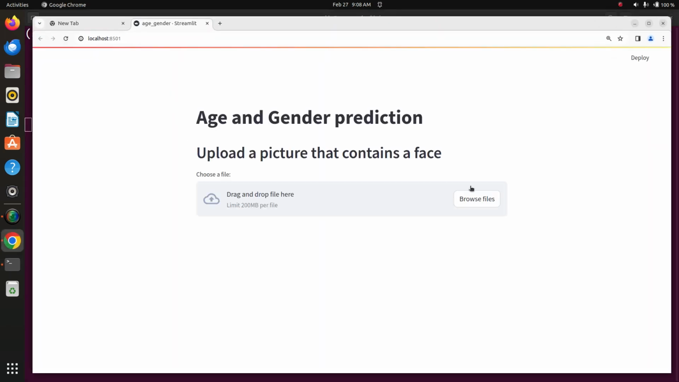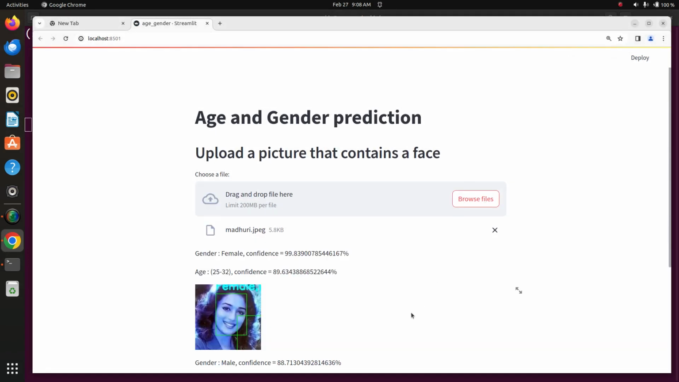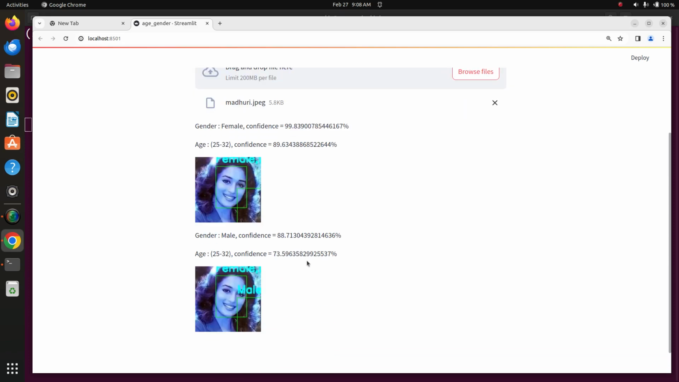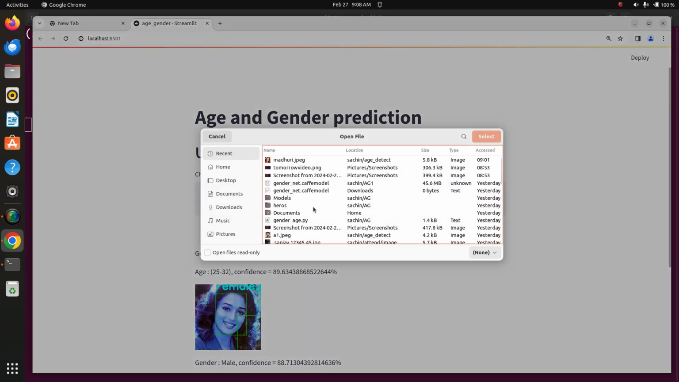Yes, I will take the image. First of all, I will take a female image. Yes, the famous Bollywood heroine, Madhuri. Age according to the face, gender it is detecting as female, and the age is shown. Now I will take the age of